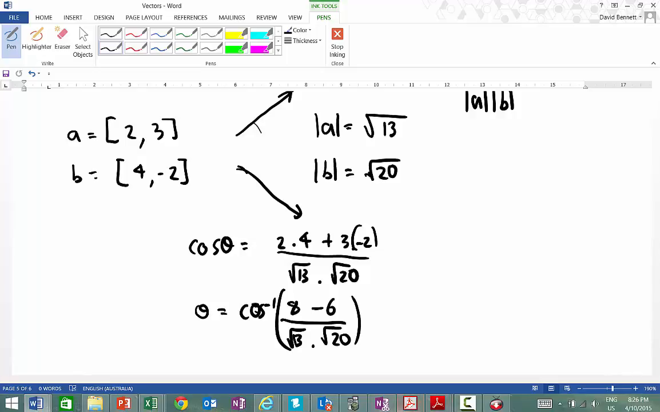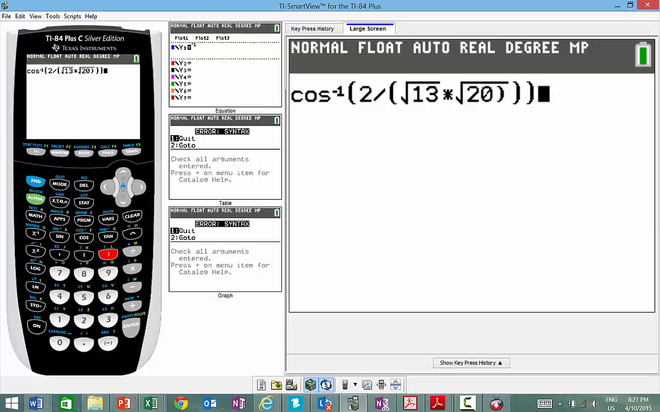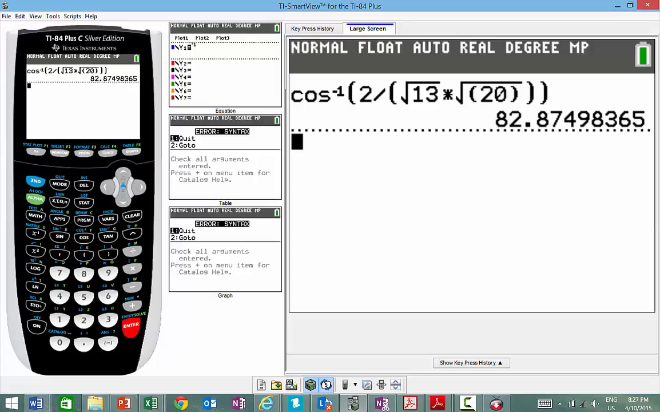Right, so if we go to our calculator, it's just inverse cosine. It's going to be 8 take 6, which is 2, divided by, now the bottom line should put brackets, so it's going to be root 13. Alright, and then that's going to be times by the square root of 20. And finish off our brackets, and that gives us